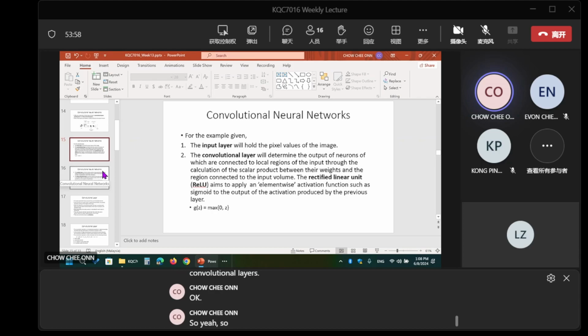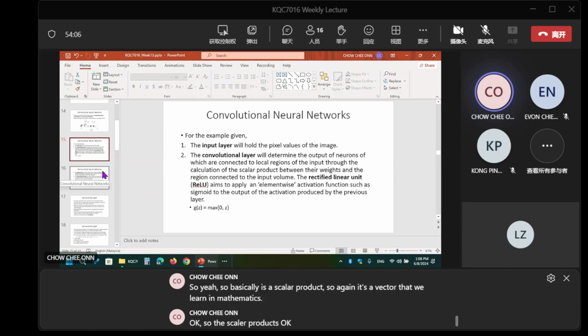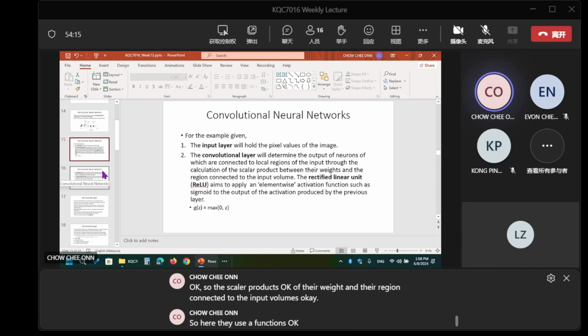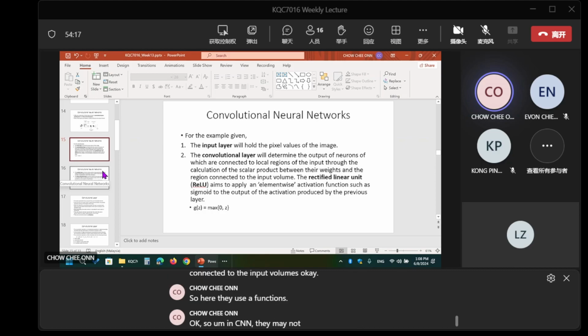Basically it's a scalar product. Again, it's a vector operation that we learn in mathematics. So the scalar product of their weights and the region connected to the input volume. Here they use a function. In CNN they may not use sigmoid, though they can use sigmoid as well, because after all it's an activation function.